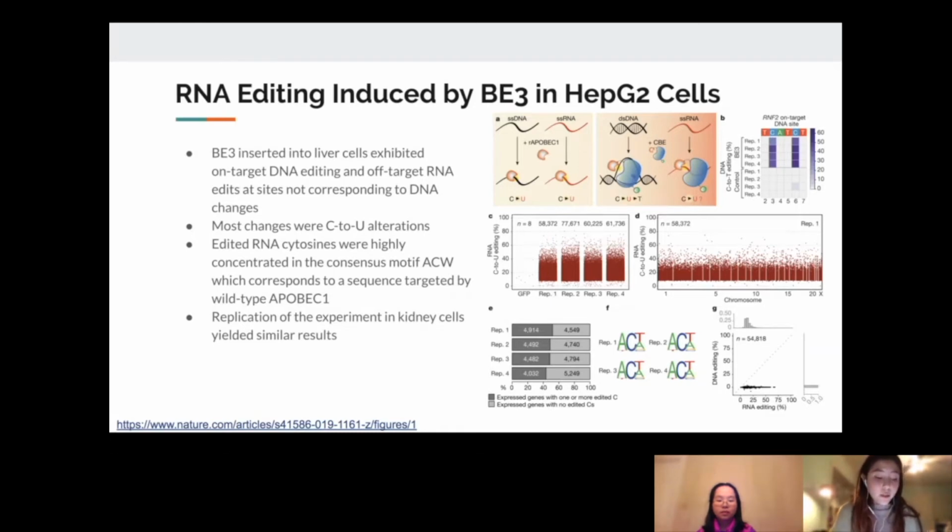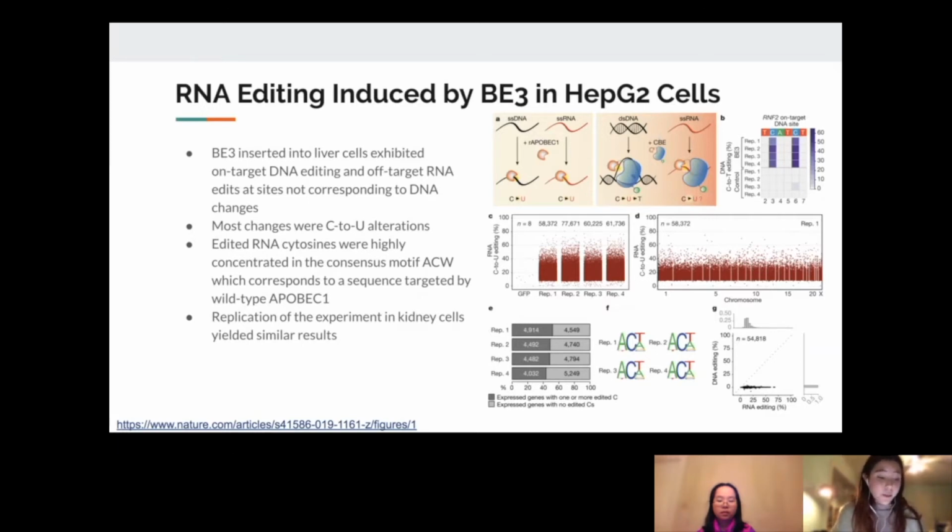And the most widely used cytosine base editors induce deamination of DNA cytosines using something called rat ApoB-C enzyme. We can see that right here on this chart. And this is linked to a Cas protein RNA complex. So overexpression of ApoB-C can lead to modification of cytosines in many transcripts other than ApoB, which is its target, and in multiple cell types. The HepG2 cells that we're going to talk about right now were transfected with plasmids that